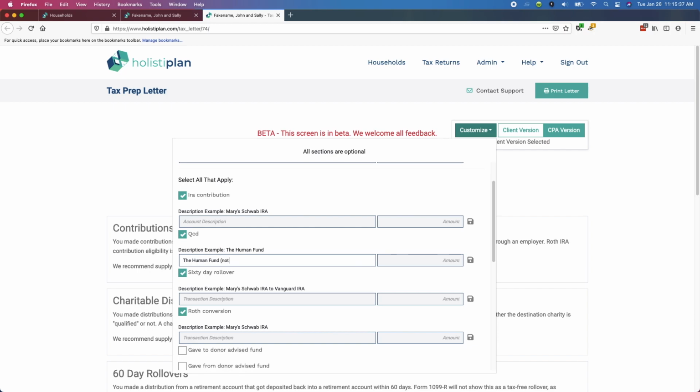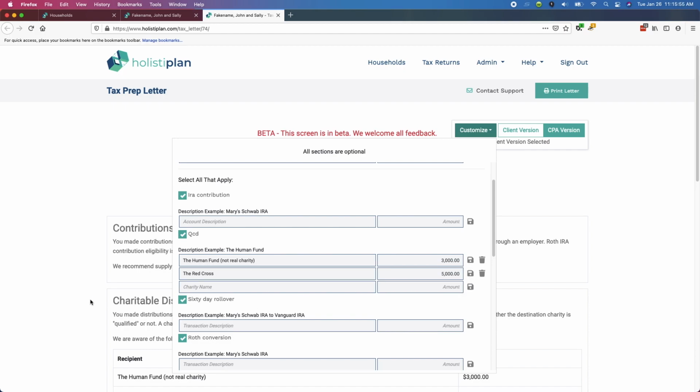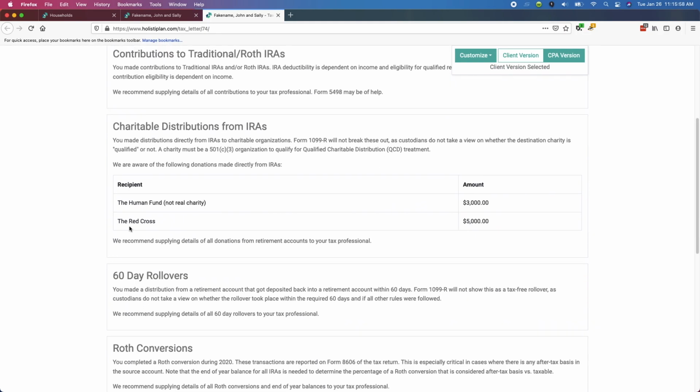So for example, I've turned on a charitable distribution from an IRA here. Well, the CPA may want to make a determination as to whether or not that charitable distribution was in fact qualified or not, if in fact that charity was a qualified charity. So we can give them some information on what the charity was, what the amount was, and so if after the fact, let's say I add 2 of them here, and one of them is a real charity and one of them wasn't,